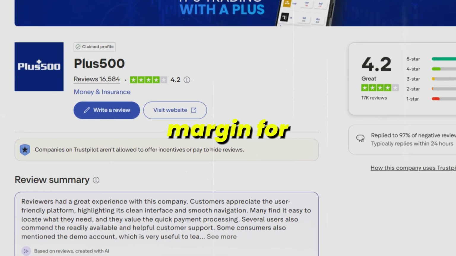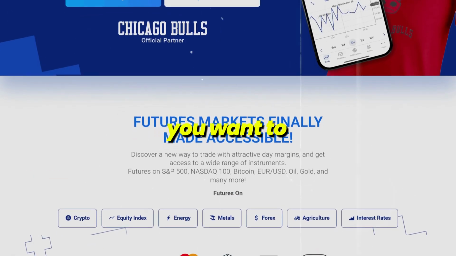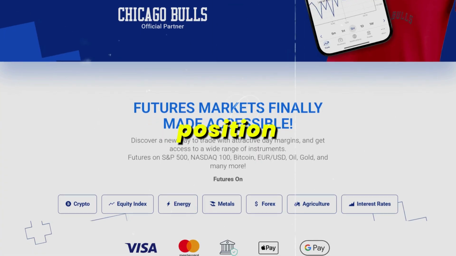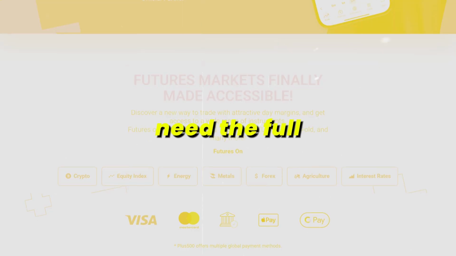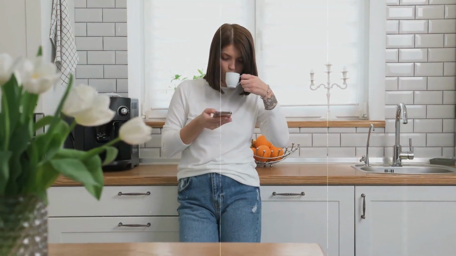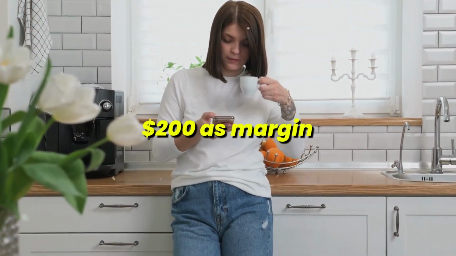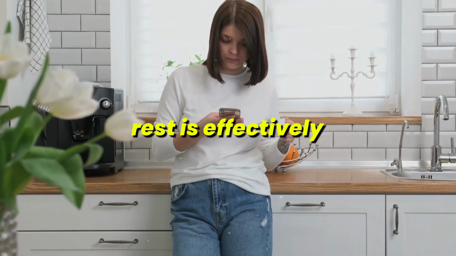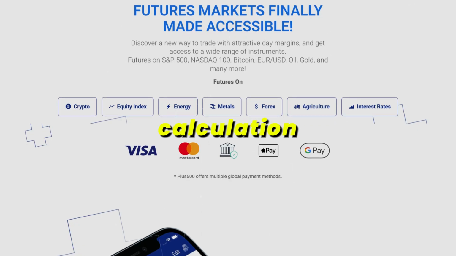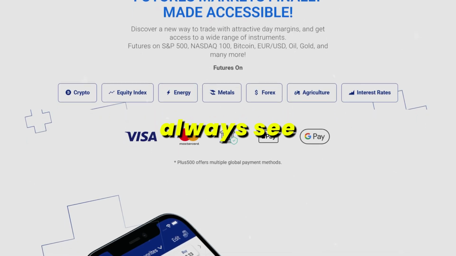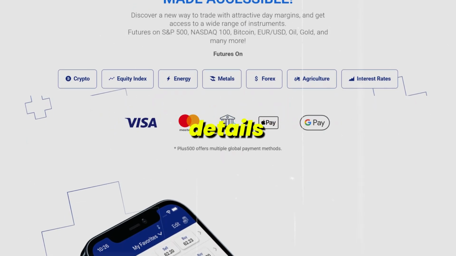This is your margin. For example, let's say you want to open a $1,000 position on a stock CFD with leverage of 1:5. You wouldn't need the full $1,000. Instead, you'd only need to put down $200 as margin, while the rest is effectively borrowed through leverage. The platform makes this calculation automatically, and you'll always see the margin requirement in the instrument's details before you place